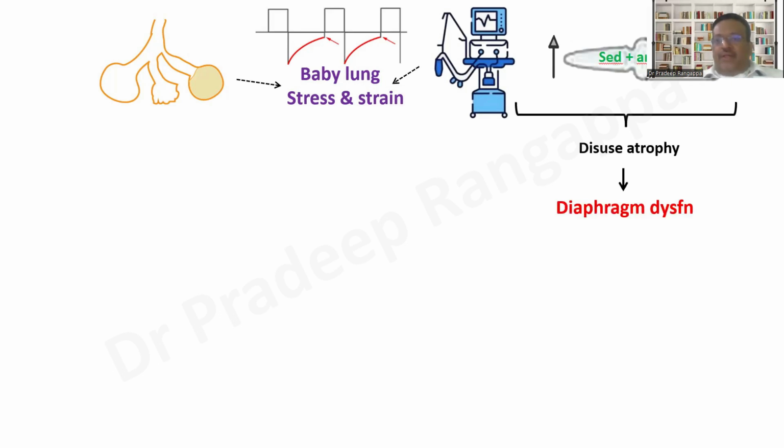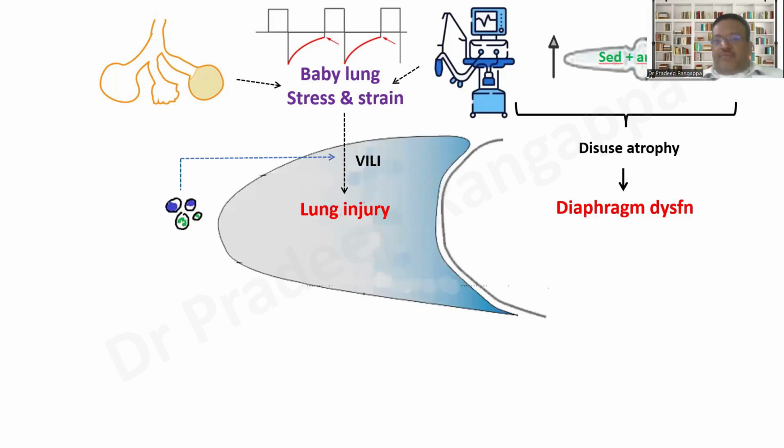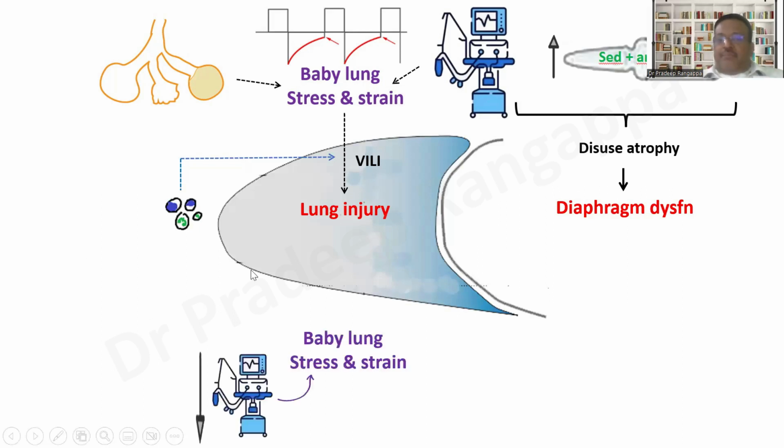And this leads to disuse atrophy, and that has been shown to cause diaphragmatic dysfunction. So if you are providing additional mechanical ventilatory support, not commensurate to the patient's demands, or which is overwhelmingly more than what the patient demands, it can lead to a lazy diaphragm and diaphragmatic dysfunction. And the strain on this baby lung, due to all these reasons, would lead to ventilator-induced lung injury, which is compounded by the inflammatory process happening within the lung and systemically. So now we have spoken about over-ventilating, and it is also shown that under-ventilation